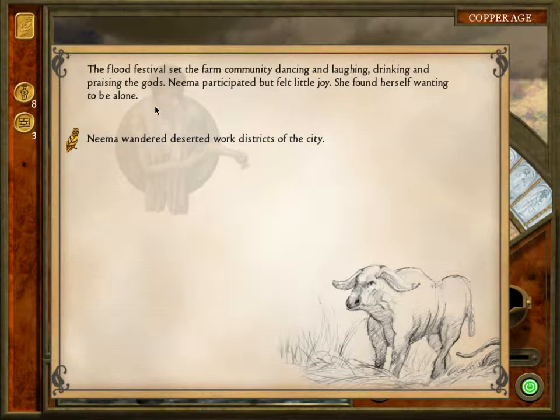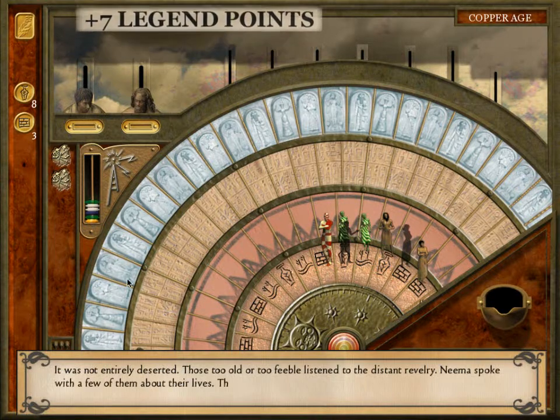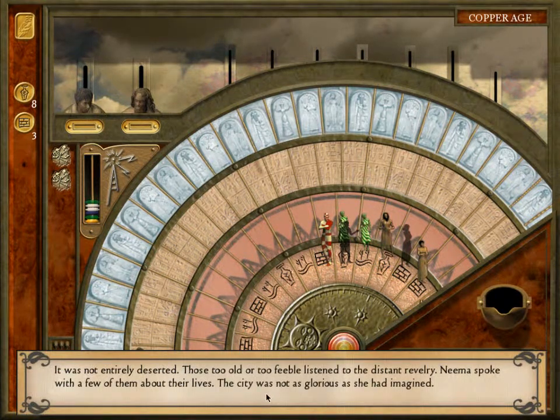Flood Festival set the farm, community dancing and laughing, etc. Nima wandered deserted work districts of the city. It's not entirely deserted. Those too old or too feeble listened to the distant rivalry. Nima spoke with a few of them about their lives. The city was,